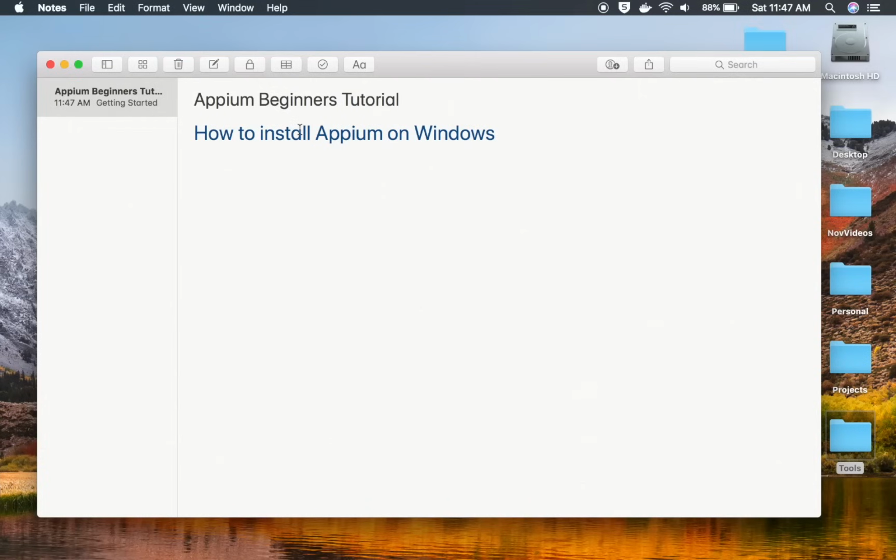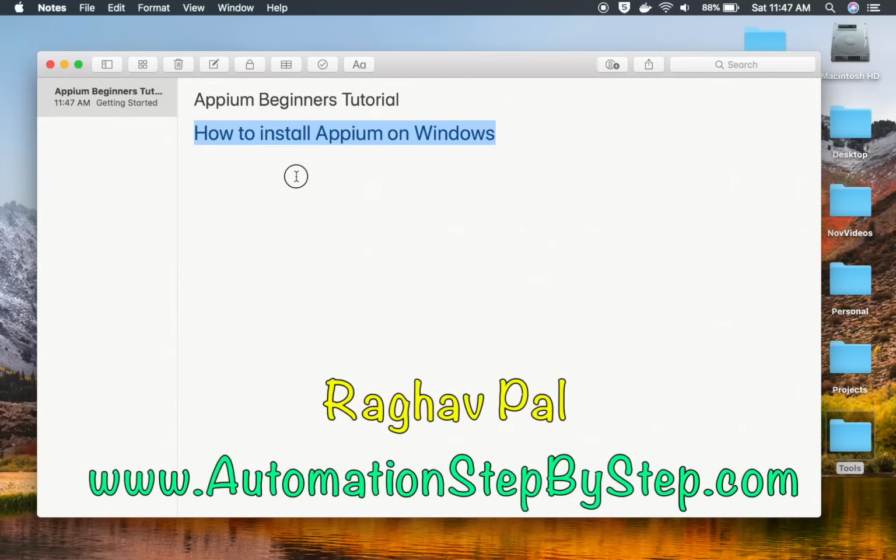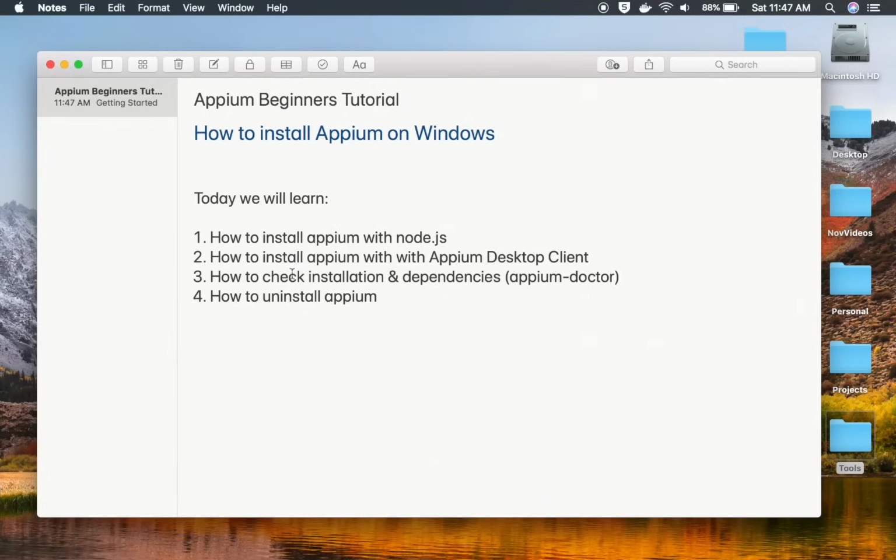Today we are going to see how to install Appium on Windows, and this is going to be very easy, very interesting, and I'm going to start from scratch from very basics and go up step by step. So do not worry if this is the first time you are using Appium. This is going to be very easy, and in this session we are going to learn how to install Appium